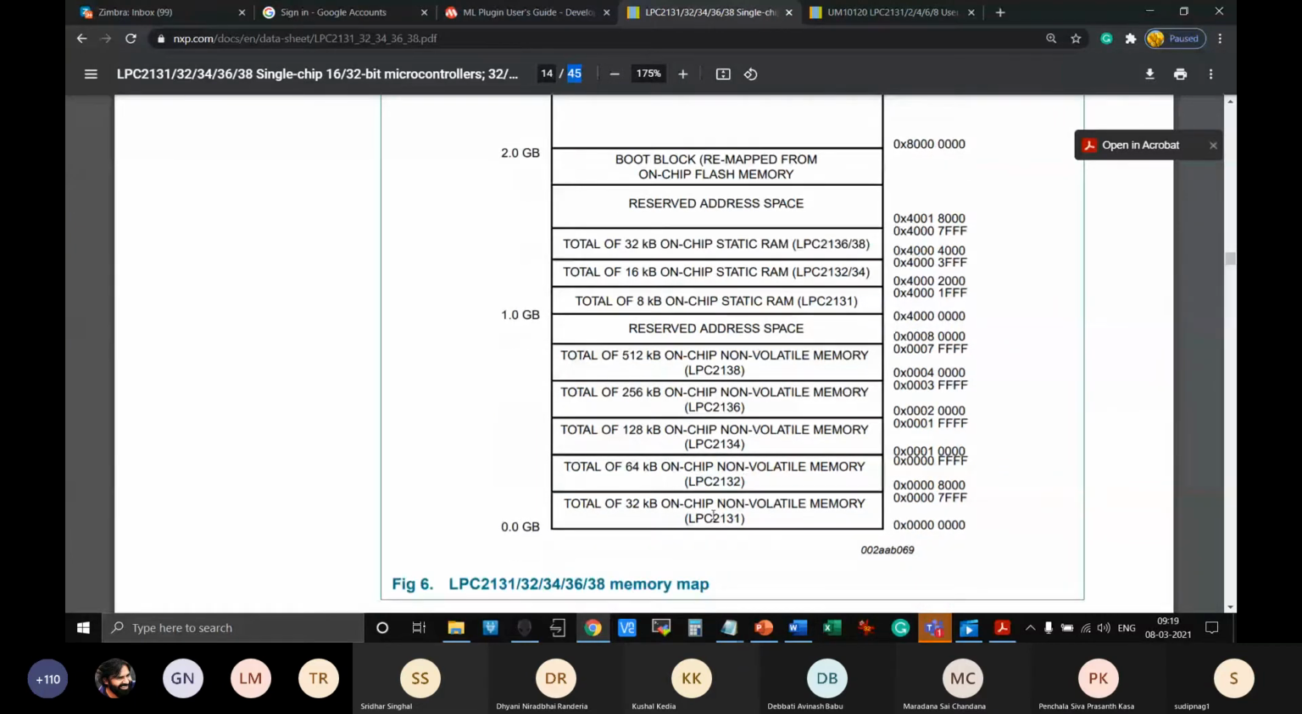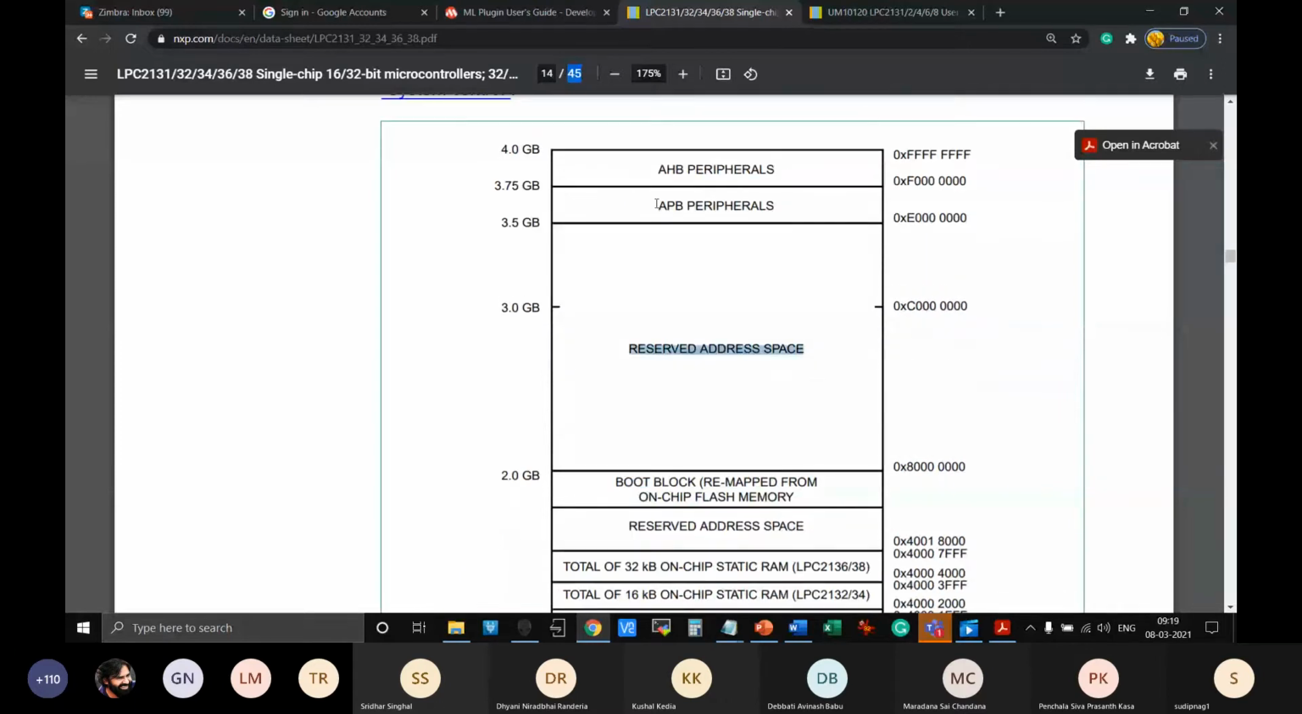Then there are lots of reserve space, and then a bunch of peripherals. This APB is the advanced peripheral bus, so the ARM peripherals are all present over here. That means all the SFRs, the ADC special function registers or GPIO SFRs that we had seen so far, are all located within this address range. If you look at the datasheet or the user guide, at least what we had seen earlier,